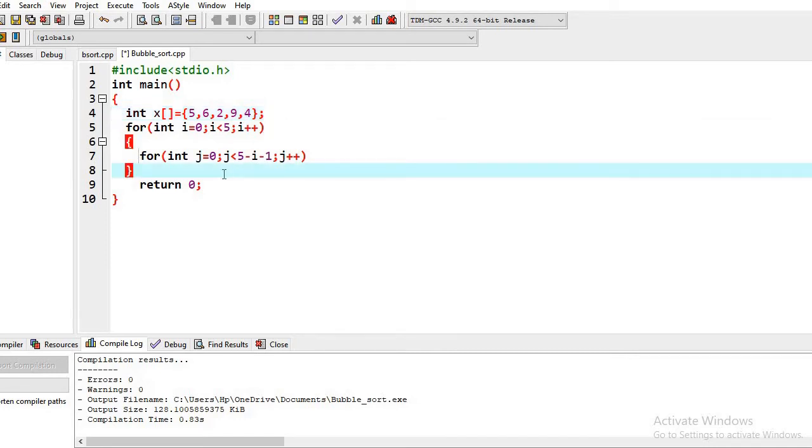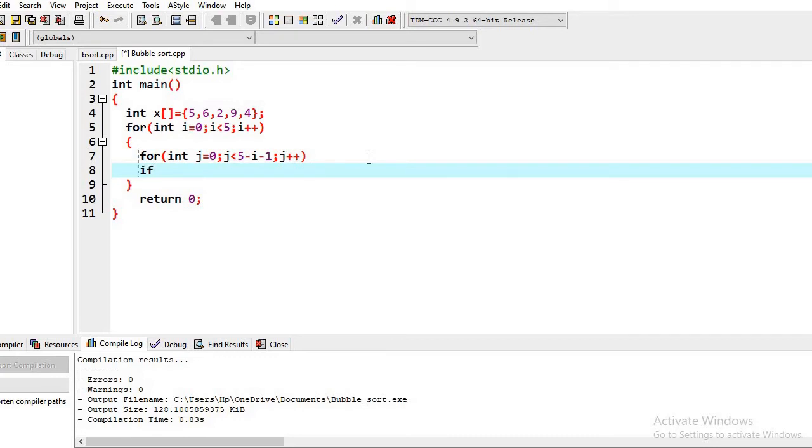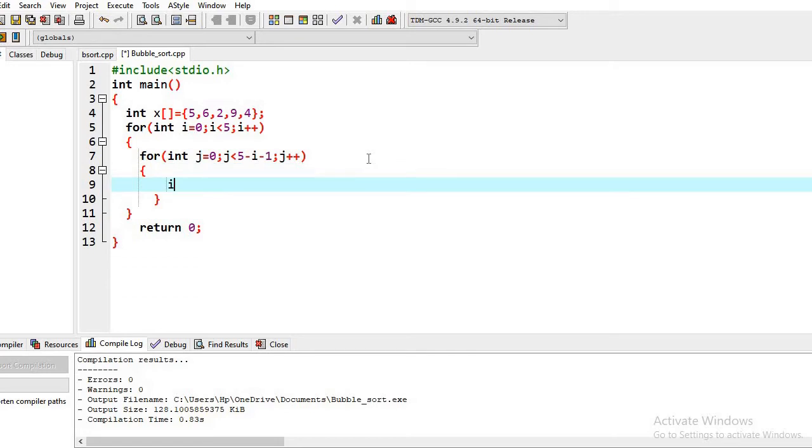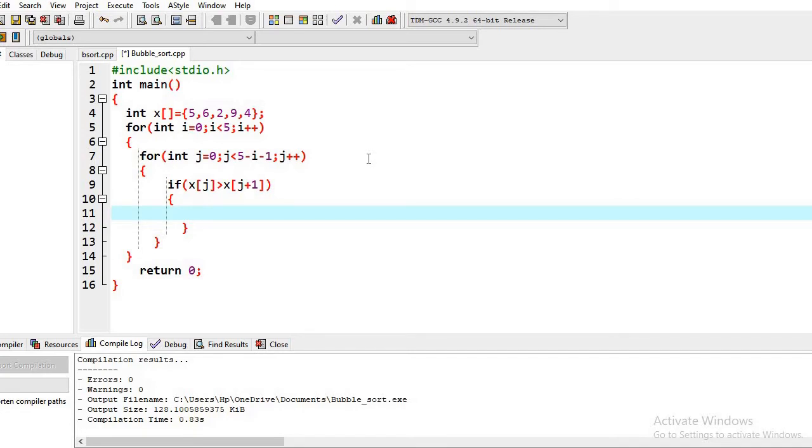Now let's write the comparison. If x[j] is greater than x[j+1]. So we are comparing j with j plus 1, and if x[j] is greater than x[j+1], then we have to swap, otherwise not. For swapping, we will use a third variable, temp.